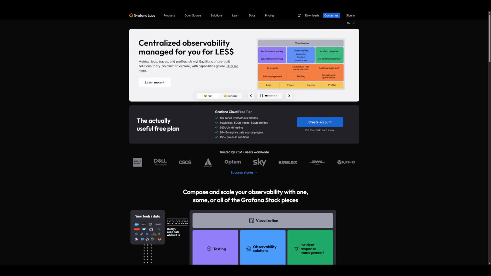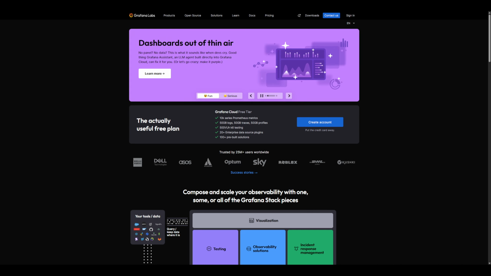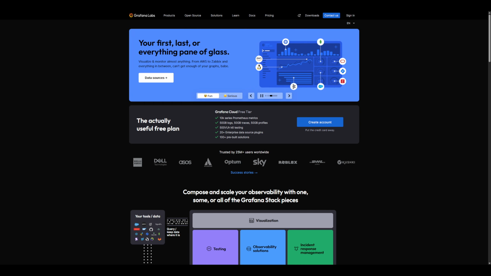Hello. In today's video, we're setting up Grafana on TrueNAS to get beautiful real-time dashboards from the metrics we've been collecting with Prometheus. Grafana isn't just for metrics, it also integrates with tools like Loki for log aggregation, which I'll